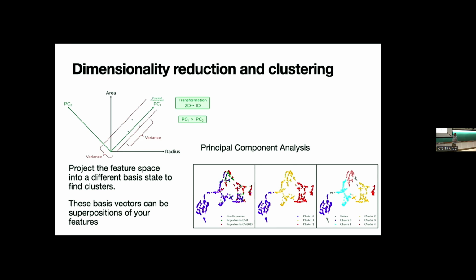One is dimensionality reduction clustering. So we are working with really highly dimensional data sets here, right? And so what you can do is assume these data to be a superposition of all these features that you have decided on. It can be anything, or these dimensions. And then you can make a basis set of these superpositions of features. And that's what we call principal component analysis, because once you project these features into this space, into a different basis set, where the axes are basically a superposition of these different features,